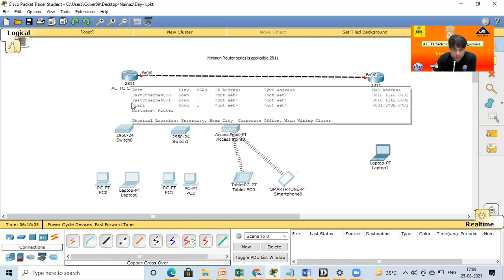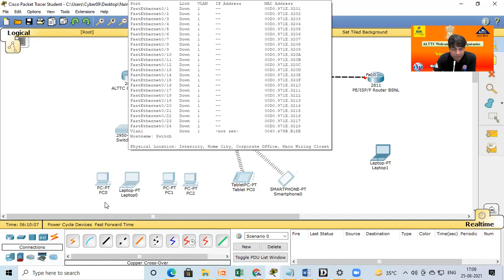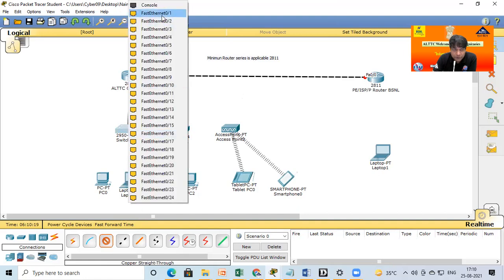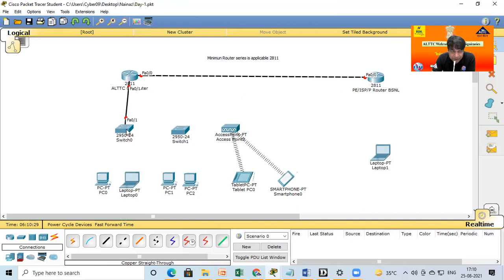And now router to switch. What type of cable is required? Straight cable, because both devices are different. Click here, click on this again. This one already used 0/0, and this goes on the switch. You have a lot of ports here, so in the switch, don't take any tension. You can put any location. I just put 0/1, no problem. Again, this switch to another switch, same devices, crossover. Put here 0/2, as per our beautiful structure.